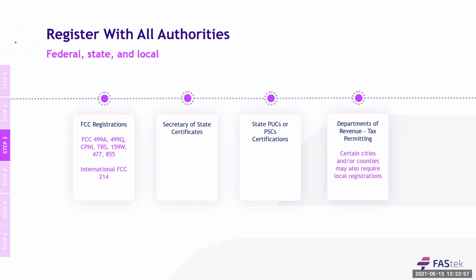Once you receive approval from the Secretary of State, you can then proceed with certification with the state public service commissions. Depending on your service type, it could be as simple as notifying the commission that you'll be providing service in the state. Although in a lot of cases, you'll need to apply for a certificate of public convenience and necessity, referred to as a CPCN. That includes filing for writing tariffs, Secretary of State qualifications, fees, and possibly even bonds. But let's not forget the sensitive nature of what may be required for those. You may have to provide officer social security numbers and personal identifiable information.